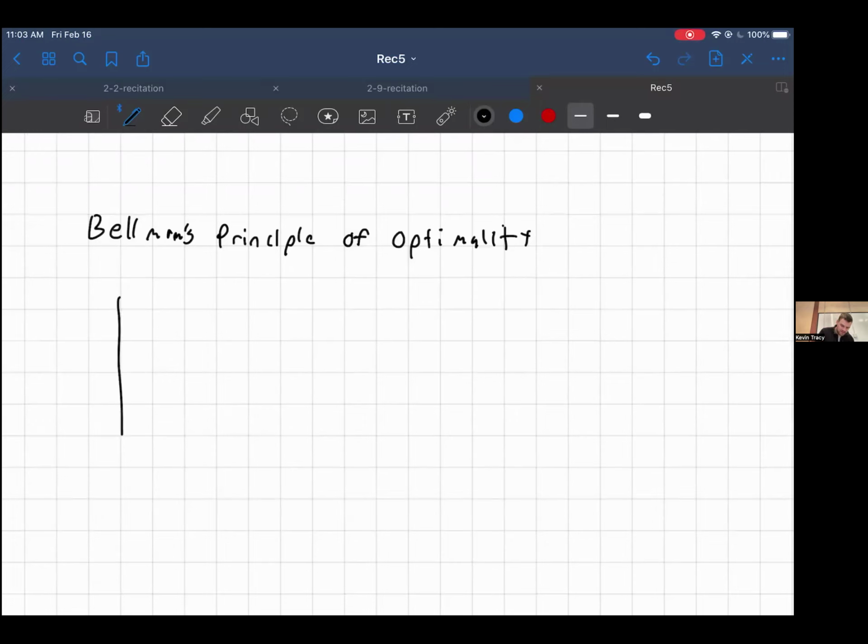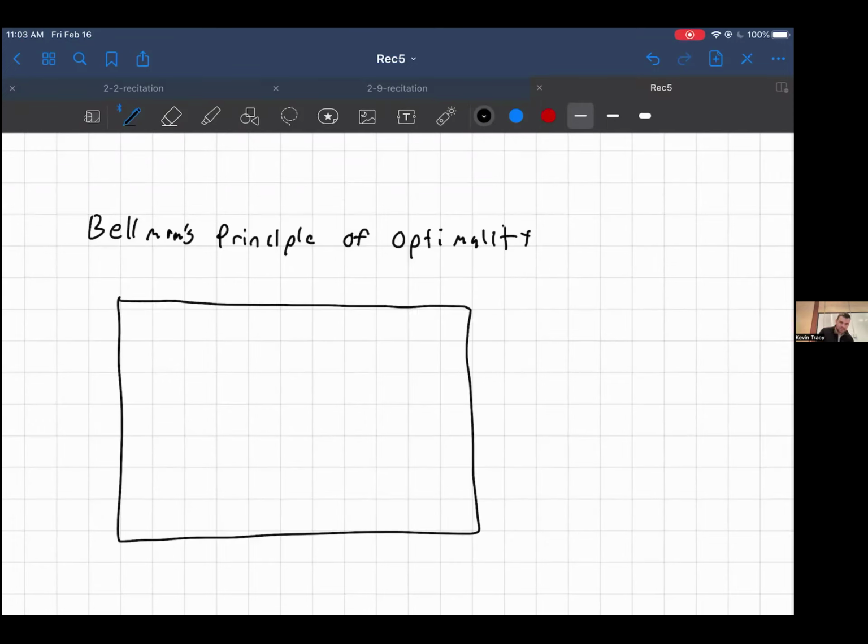So imagine if I had a 2D state space like this. This is x1, x2. If I have a 2D state space and I have some goal right here. Now imagine I have a trajectory that I tell you is optimal. So I say if I start here, my optimal trajectory to get to the goal is going to do this. I'll put an arrow. So the whole idea of Bellman's principle of optimality is that subsections of an optimal trajectory